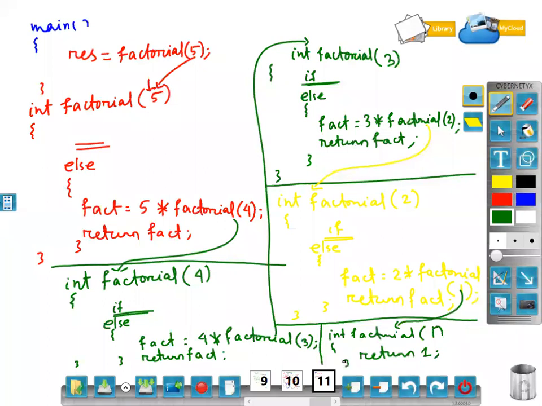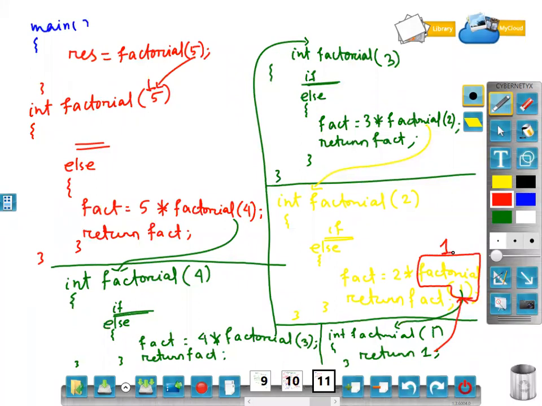Now return 1, where to return? We discussed in the function chapter that the control goes back to the function from which the call came. So return 1 means it will return to whoever called. This factorial of 1 has been called, so it will return with value 1.